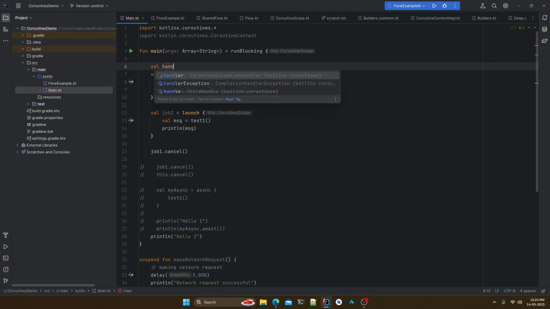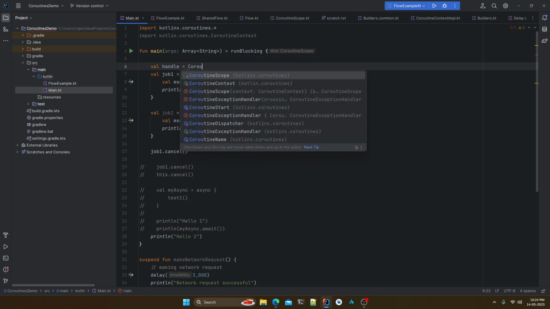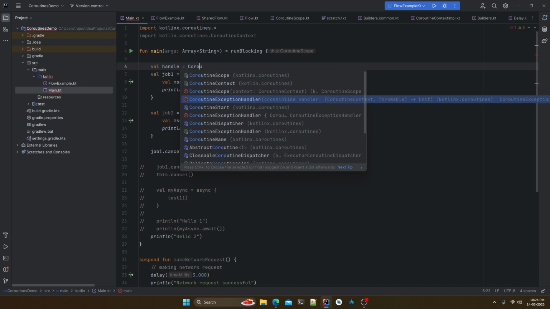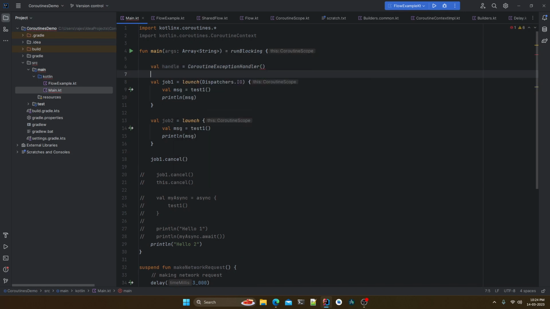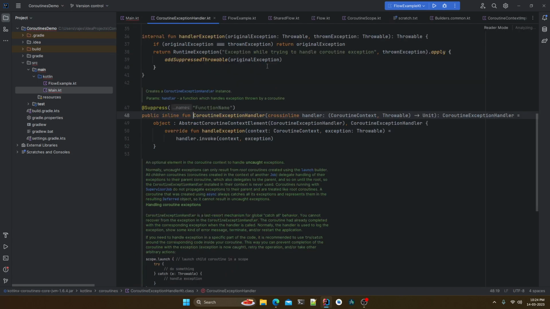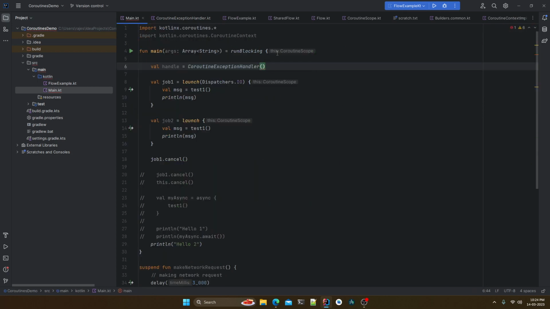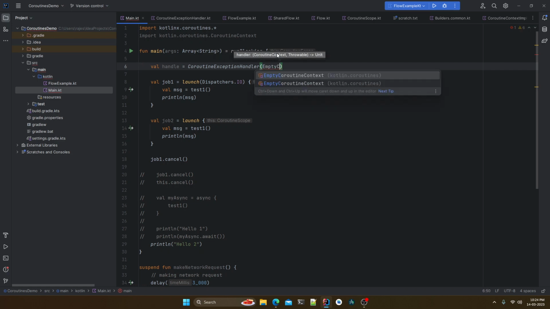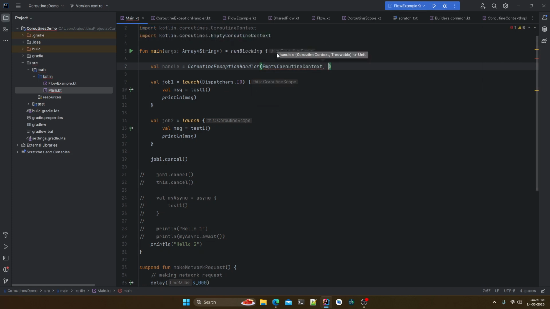Well, handler equal to CoroutineExceptionHandler, right? And we have this exception, what does it require? Let me see. We have this CoroutineExceptionHandler as well. Handler, CoroutineContext. It requires context as well. So maybe empty CoroutineContext, and for the